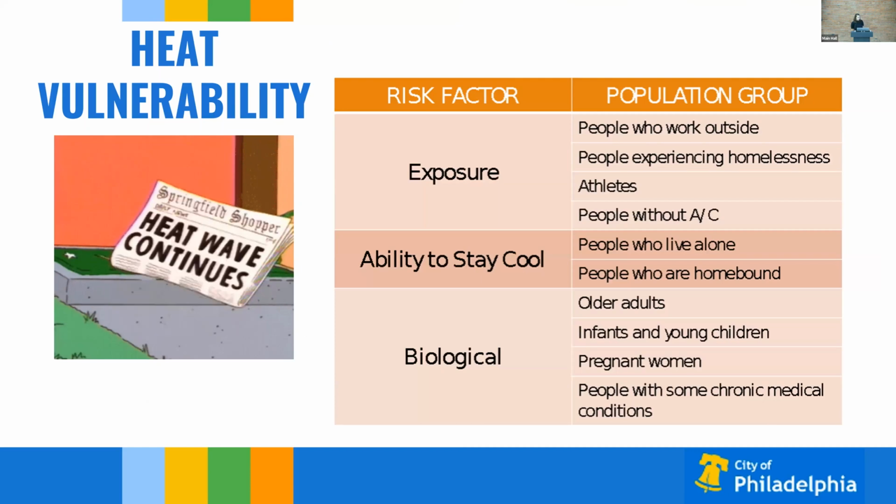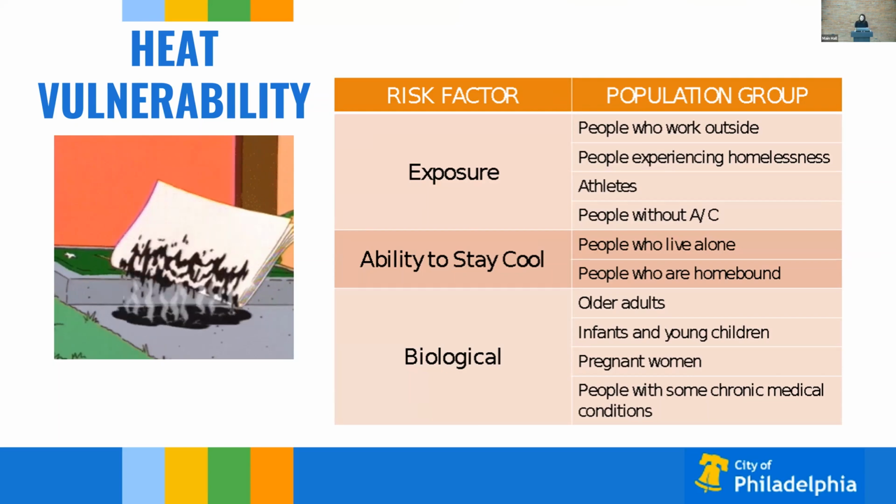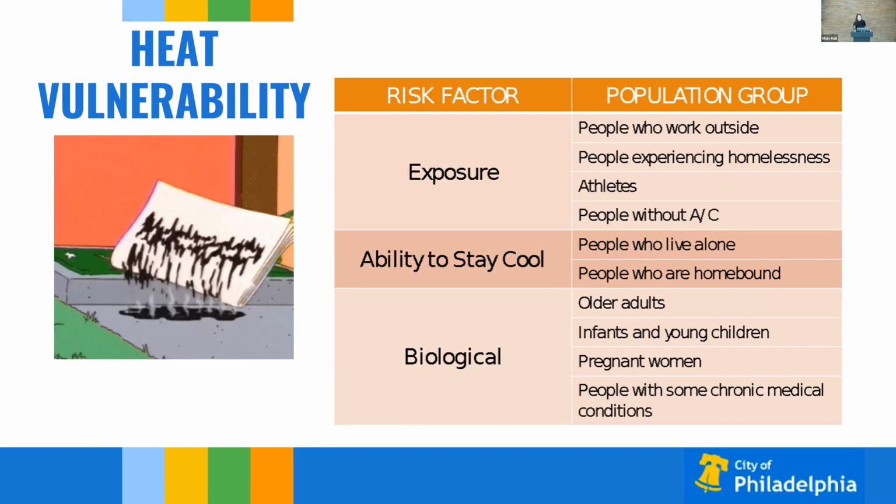So, some of the risk factors of heat vulnerability we can look at from 3 different ways. There's being exposed to it, so being out in the sun, right? So people who work outside, people who are experiencing homelessness, athletes. Then we have the ability to find and seek refuge from heat. So if you live alone, that's gonna be really hard. If you're homebound, that's gonna be really hard. Then we have biological factors that go into it. So older adults, pregnant people, for example, right? So there's many ways to experience heat, and there are many things that go into those risk factors when it